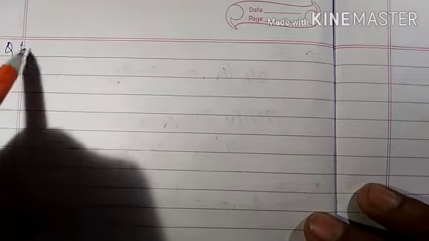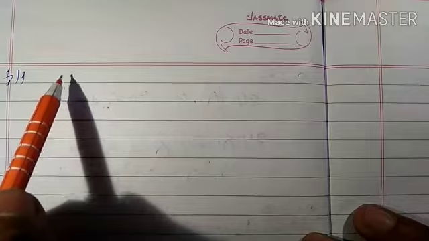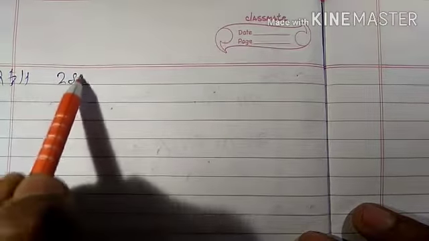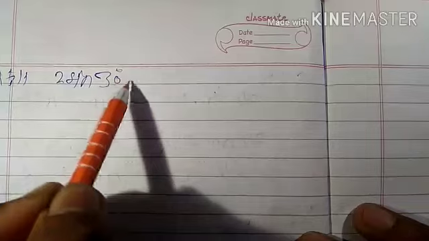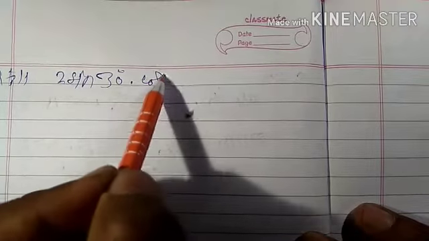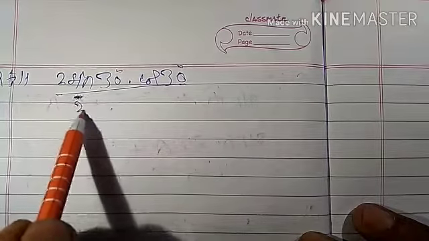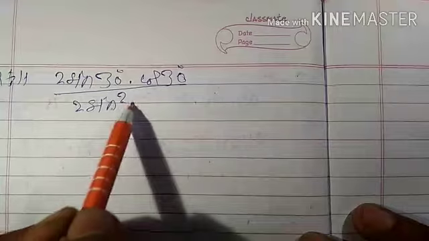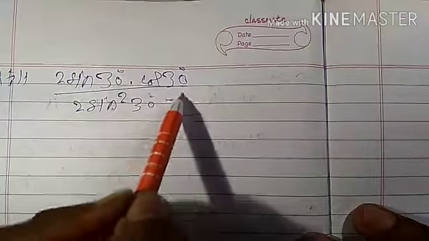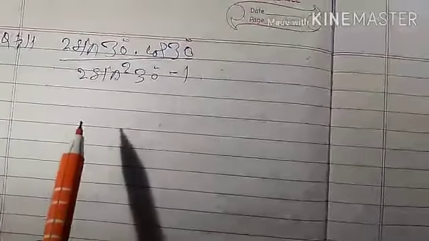Next question, question number 11, that is 2 sin 30 degree into cos 30 degree divided by 2 sin square 30 degree minus 1. So we have to find the value. So we directly write